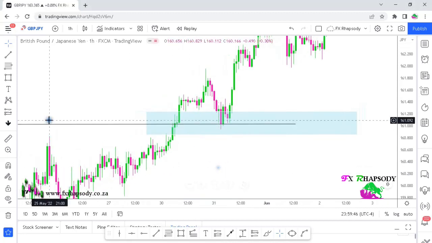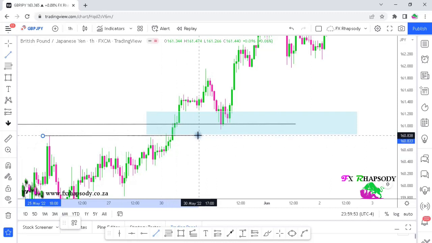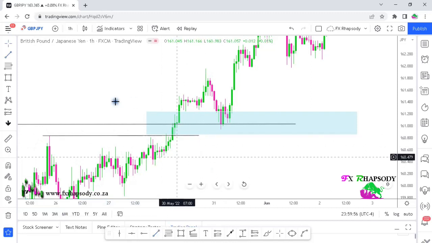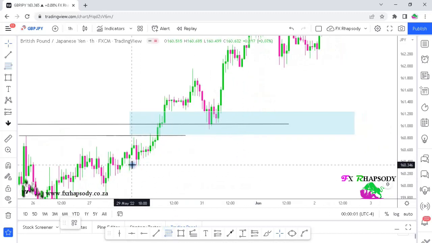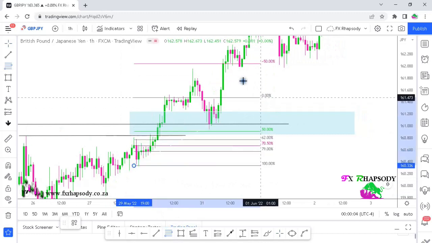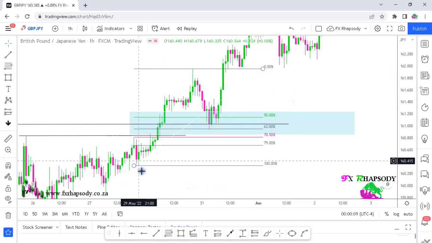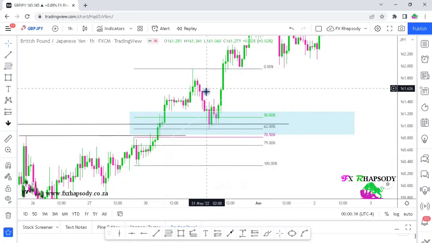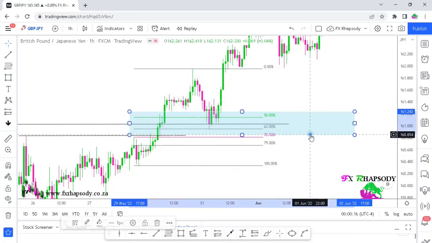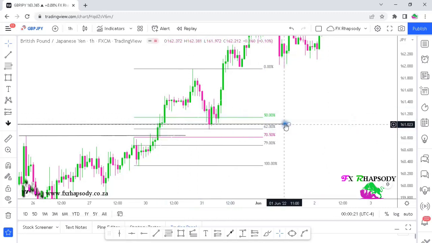So basically I looked at this area over here that was broken on the hourly time frame, and you could see it on the 4 hour as well. That was your first one, and the second one was obviously this key area. As soon as that breaks, you take out your Fibonacci, take it from this low to that high. So you had that swing low, price pushing through it, creating a swing high, price retracing back and taking out this area, because this is where the gap was formed on the 4 hourly, and to have a tighter